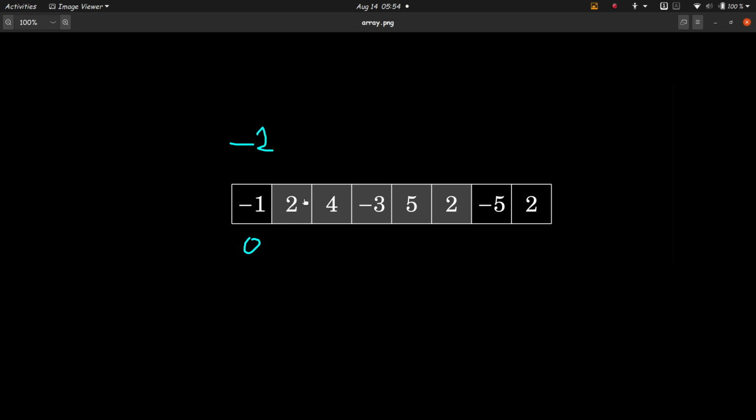So if we want to end at the second index, what would be the maximum sum? There are two possible sums. The first is we include this -1 and this 2, and that would be a sum of 1. Okay, if we add this 2 we'll get 1.